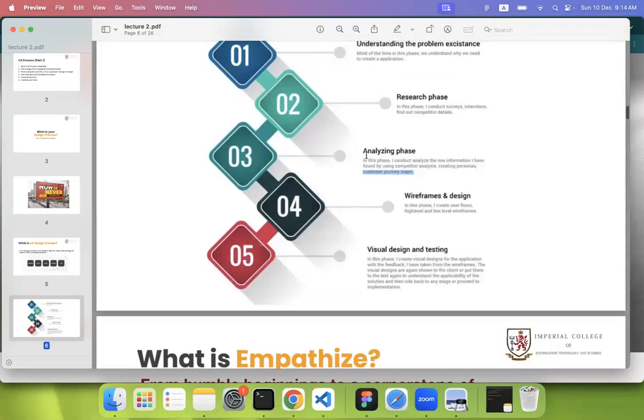And then after analyzing, we are going to do the wireframes. So after analyzing all this data, after creating personas and customer journeys or affinity maps or anything, then we are going to do wireframes using pencil and paper. So in these wireframes, we are not going to go into detail about how the UI looks like, but